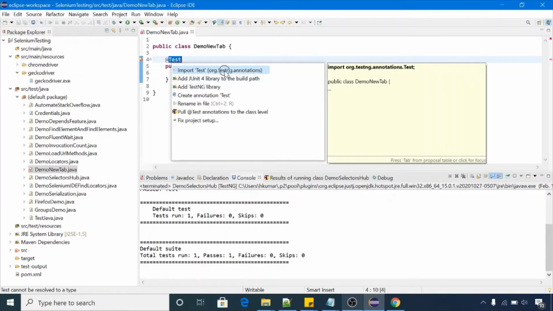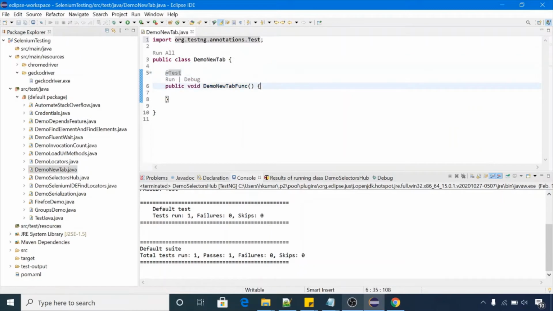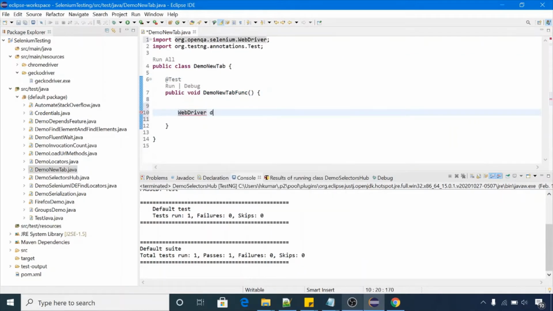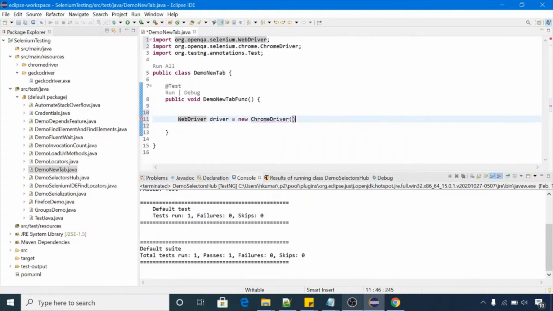We need to import TestNG, the Test annotation. So we will automate the Chrome browser. Let me create one driver of Chrome browser. Let me set the system property, System.setProperty.